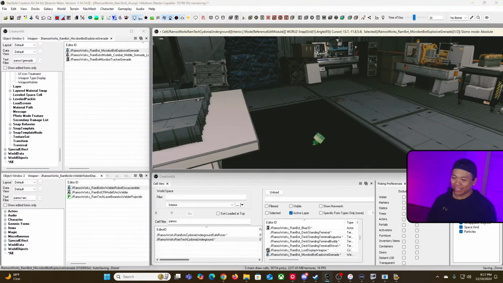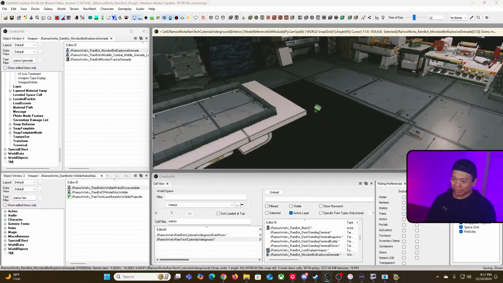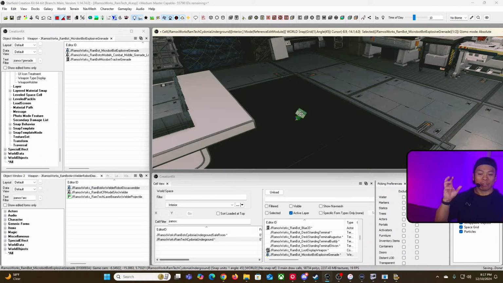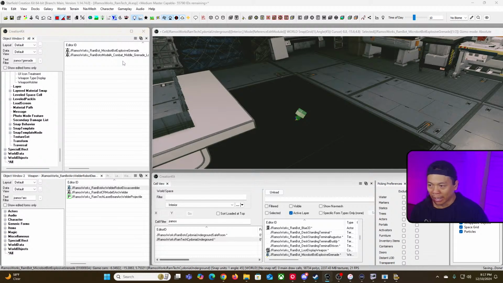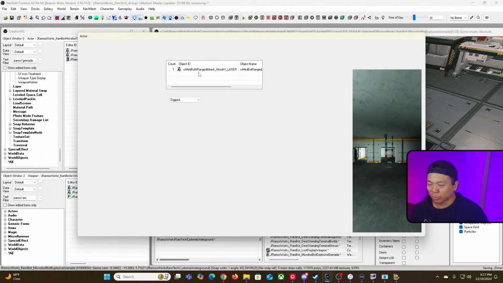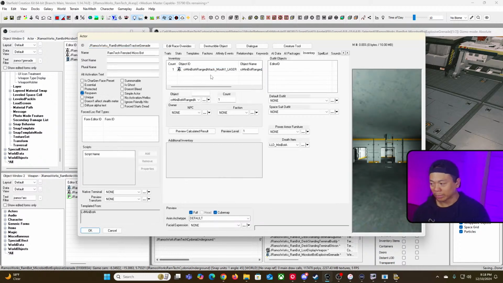Nice. So, if I was going the route that I was going to go, it's getting pretty late already. The route I was going to go, I think I was going to have one grenade be like, hey, here's some fighters for you. The other grenade that I want was something that was going to explode. The idea that I would do is, for its inventory, I would take out its ranged weapon. I'm just going to let you know what I was going to do. I was going to take out its ranged weapon,